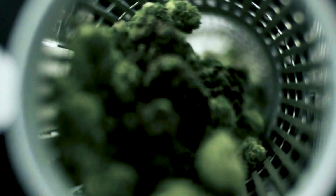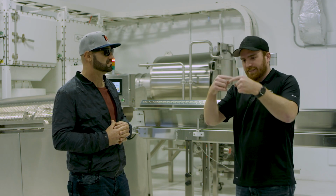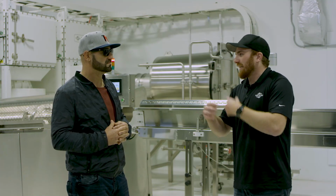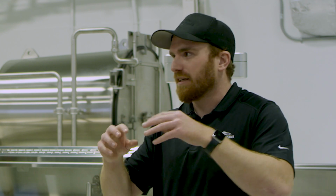So what you want is a perfect little wave of little buds spinning around. When you're looking down, you want it about 1/3 full and just like this nice little breaking wave like you'd see on a beach. If you see flops or whatever, then you either need to speed your tumbler up or slow it down to get out of that floppy cycle. Once you get rid of the flopping, it really improves the quality because now you have more sides of the